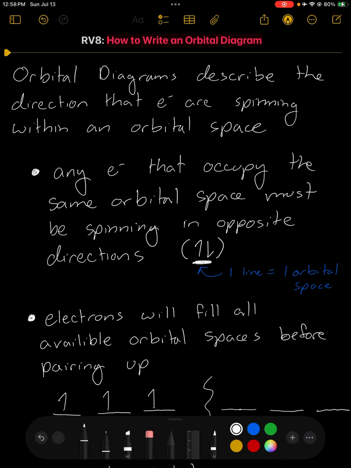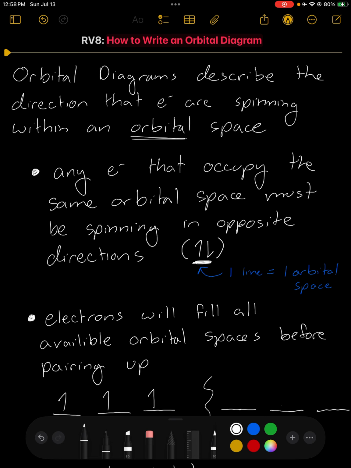All right, this is going to be review video number 8, how to write an orbital diagram. Orbital diagrams are going to be little arrow diagrams that describe the direction that electrons are spinning within a single orbital space. So recall that within different shells, there's going to be multiple types of orbital spaces, S, P, D, and F. And even within those types of orbital spaces, there could be more than one of those orbital spaces